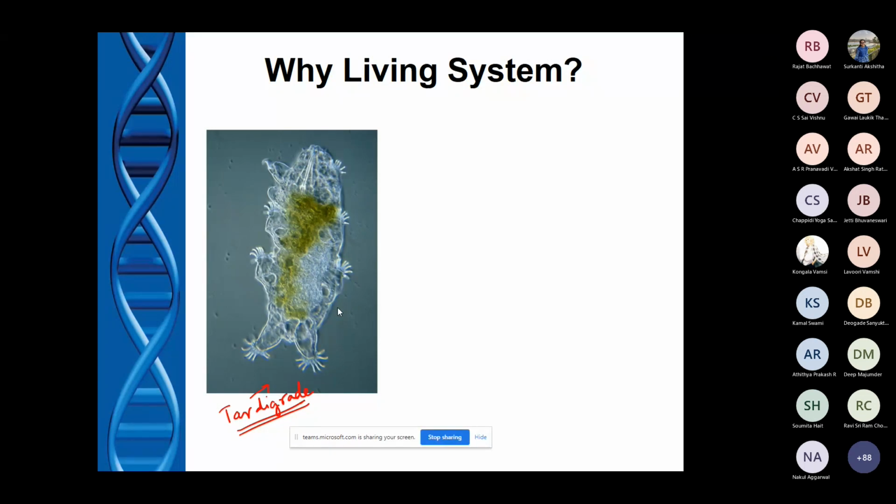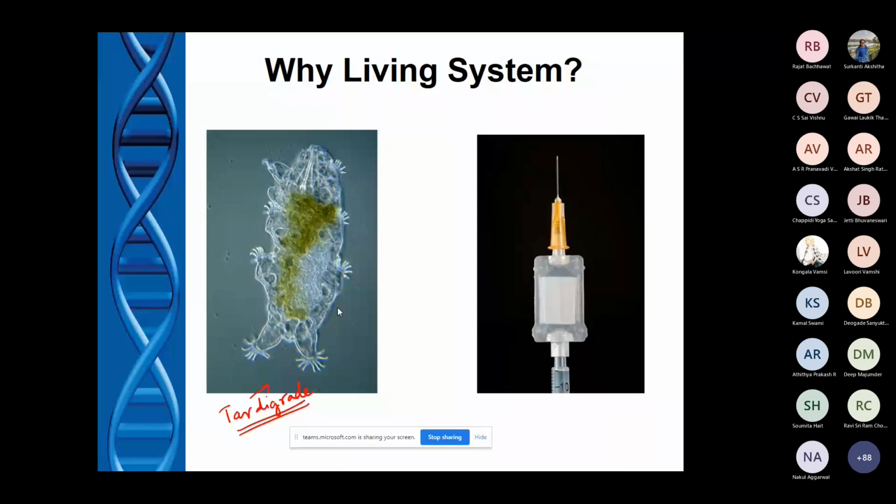And another company in the UK also did the same thing. So those are important. And in order to do that, you need to understand biology at this point, how this organism preserves its chemical entity for so long at room temperature, even at higher temperature, just outside. And when it gets suitable weather, it just survives again. So that's a beautiful example.